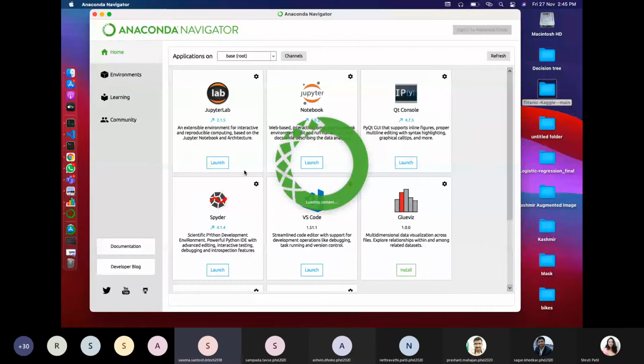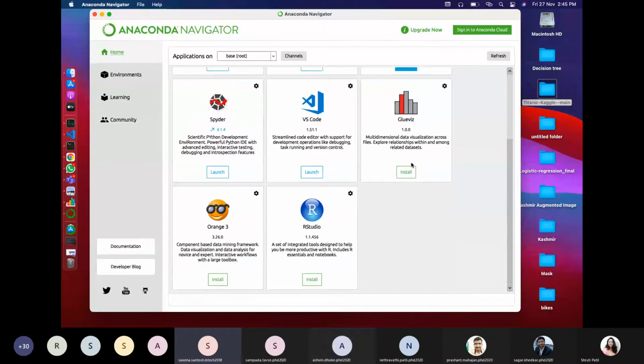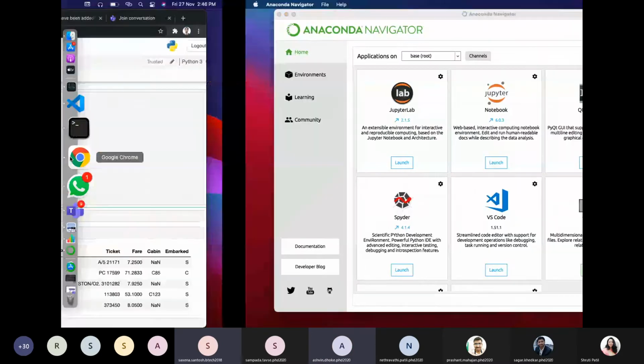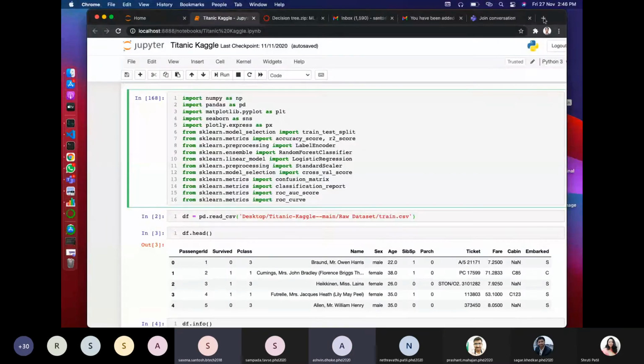As you can see, there are Jupyter Lab, Jupyter Notebook, Python console, Spyder, VS Code, and lots of other tools. What we are using as of now is Jupyter Notebook.